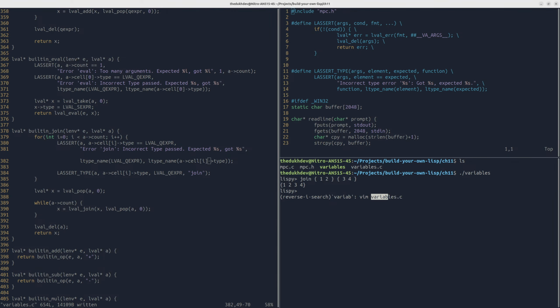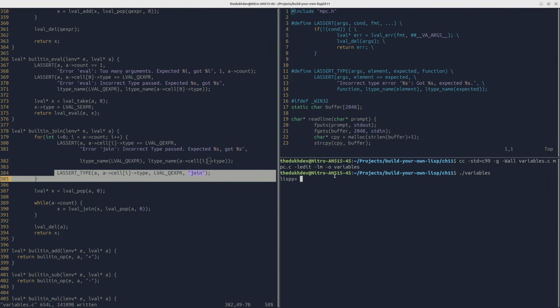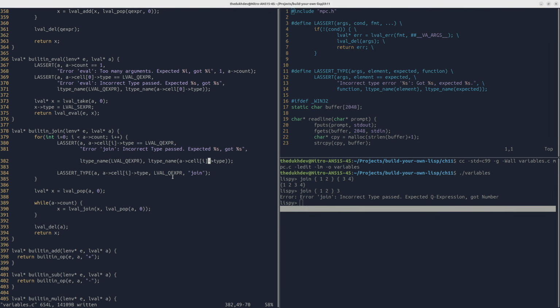Variable. Why? It's CC, it's variables. Okay, let's run it. I added the new LSR type. So now join 1, 2, 3, 4. It works. But if I do join 1, 2, and this is gonna be a number, incorrect type passed. But how is error join incorrect? It only triggered this message, which